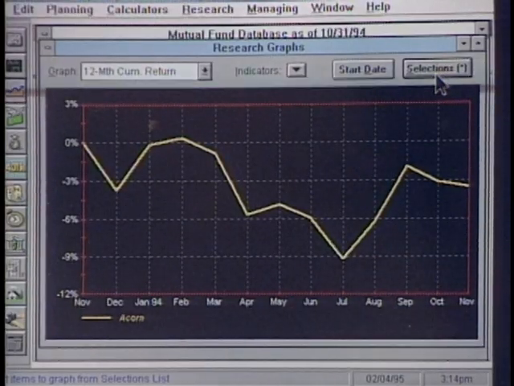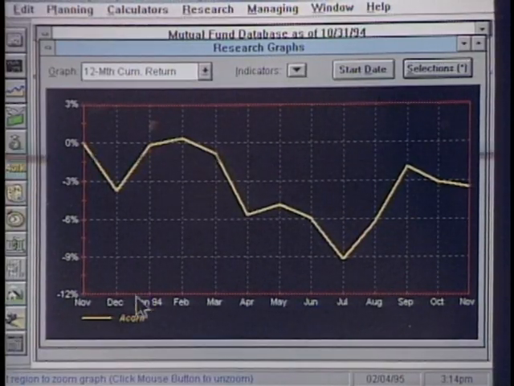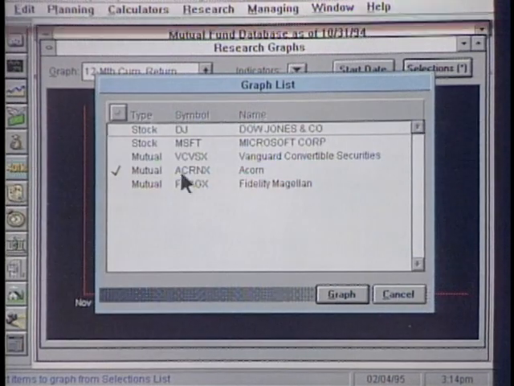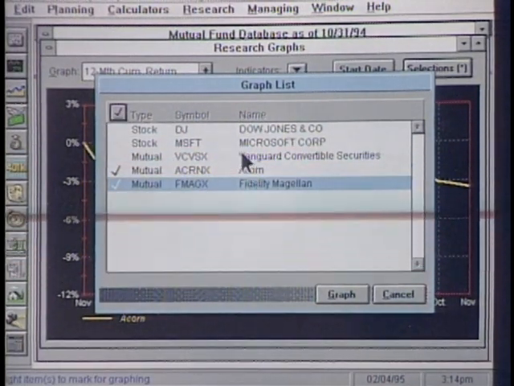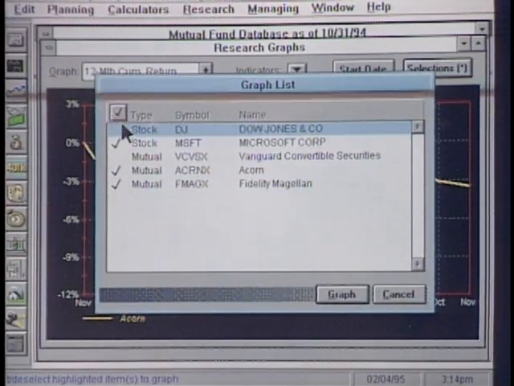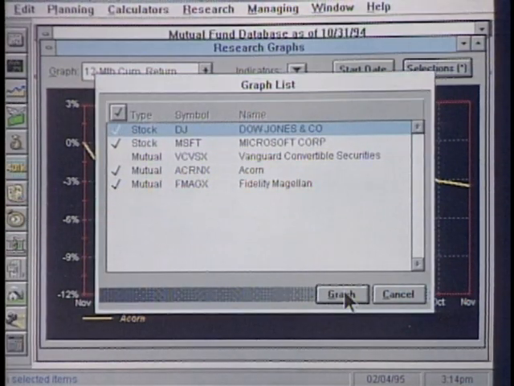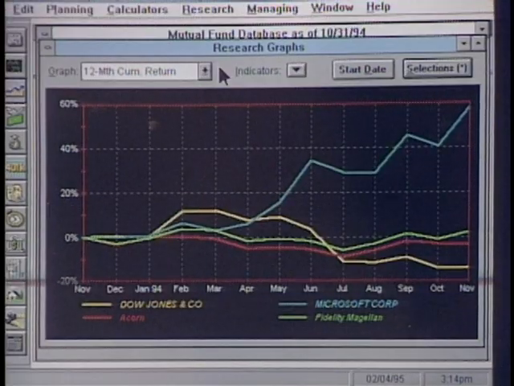Okay, so I can go into this graph and then pull down a couple of different funds and see how their graphs compare? Yep. Can you actually show me how you would do that? Sure. Here we're looking at the Acorn fund, and we might decide to see how Acorn has performed relative to the Fidelity Magellan Fund, or relative to Microsoft or Dow Jones stock. And you basically just make these selections, you pull them all up in the graph.